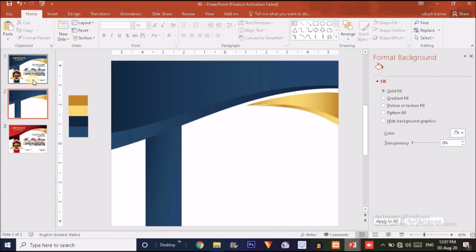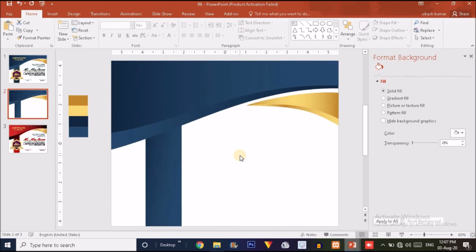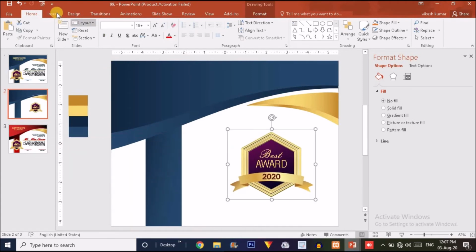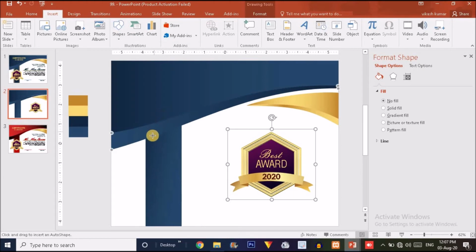So now I'm going to copy this logo from here, and in another video I have already discussed how to create a logo like this. Each and every step is clear in that particular video, so if you have any query, please go there and check out the video. Before doing that, I will paste it over here, and after this, just click on the insert option, choose a line over here and drag a line like this.